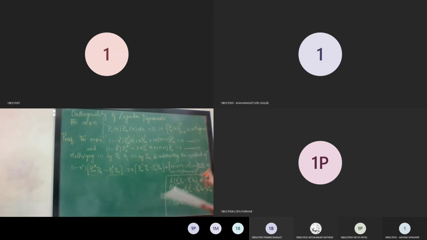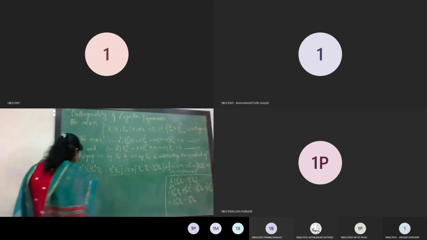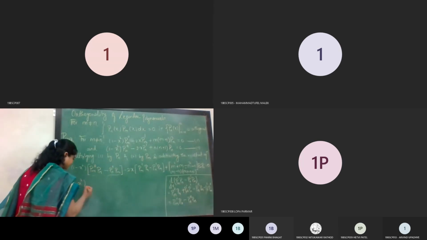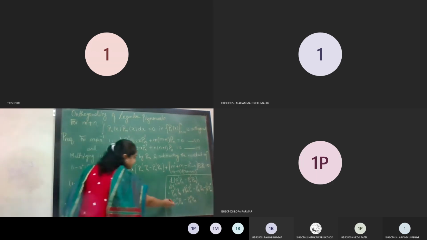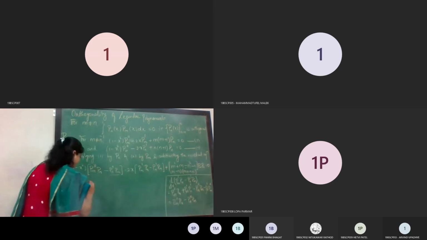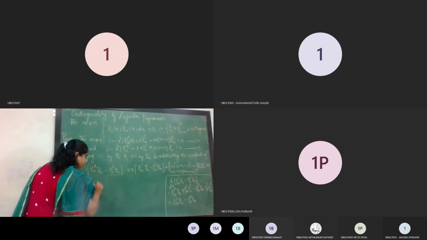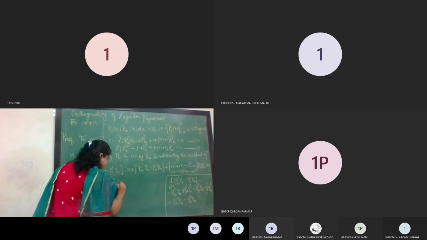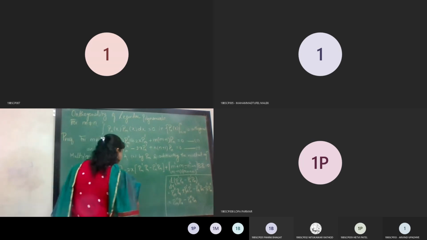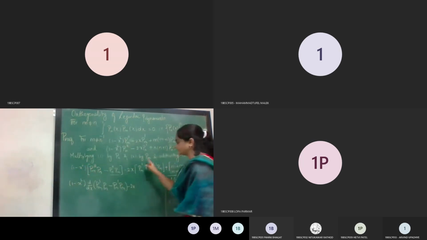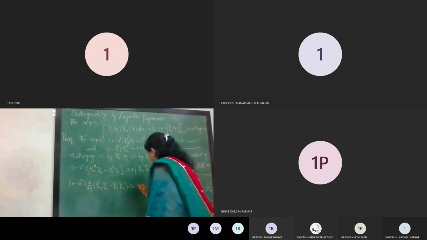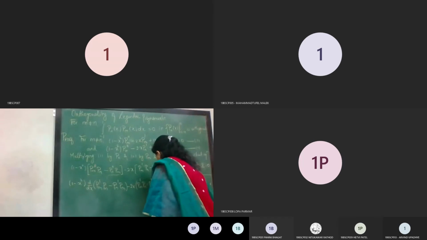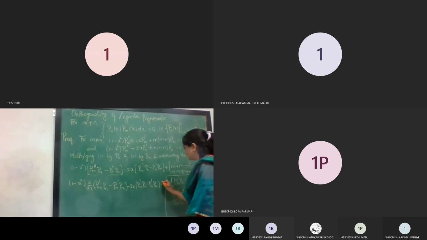Therefore, can I write this as 1 minus x square, and I will write it as d by dx of this one. So I am writing it as d by dx of Pm dash, Pn minus Pn dash Pm minus 2x. This quantity I am writing as it is. So it is Pn dash Pn minus Pn dash Pn plus... have you written this part?